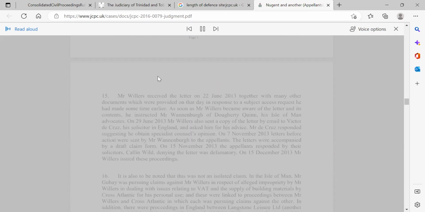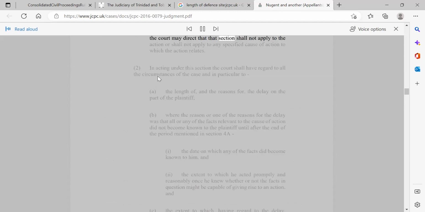the court may direct that that section shall not apply to the action or shall not apply to any specified cause of action to which the action relates. 2. In acting under this section, the court shall have regard to all the circumstances of the case and in particular to (a) the length of, and the reasons for, the delay on the part of the plaintiff; (b) where the reason or one of the reasons for the delay was that all or any of the facts relevant to the cause of action did not become known to the plaintiff until after the end of the period mentioned in Section 4A,